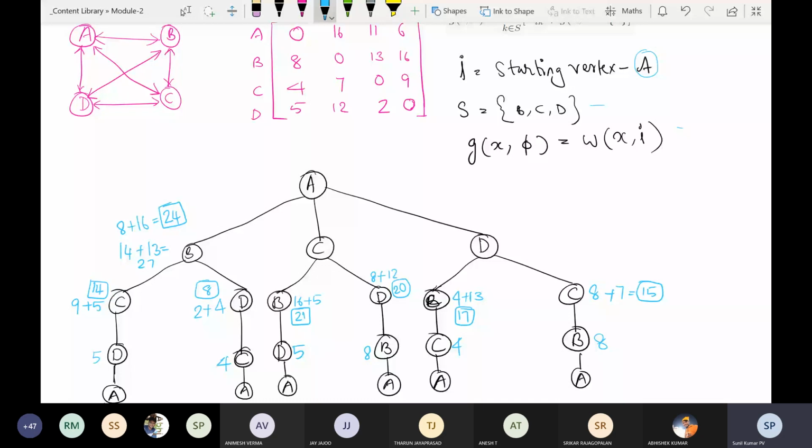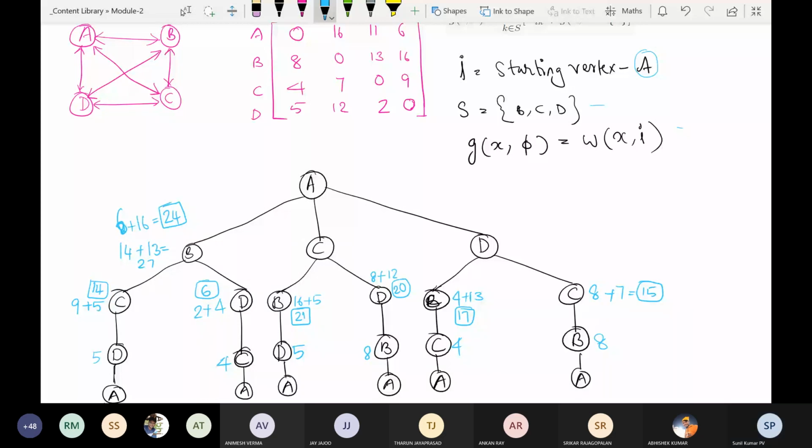So if you have more than one option, not just two, then you should take the minimum value. It should be 22. Sorry, any mistake? So 6 plus 16 it will be. No, 2 plus 4 is equal to 6. Thanks for that correction. So this will be 6 plus 16. What is 6 plus 16? 22. Okay, so this is 22.